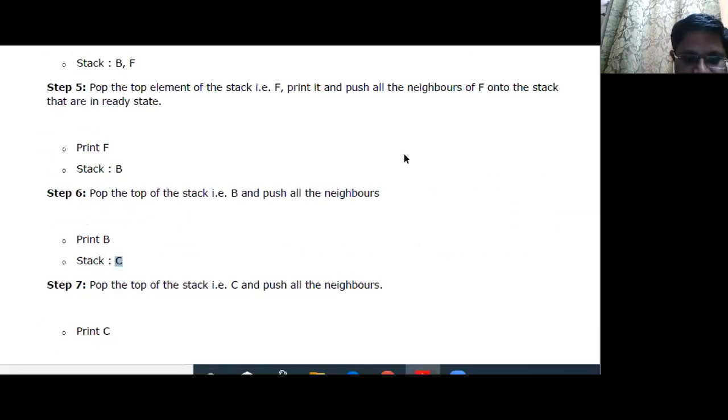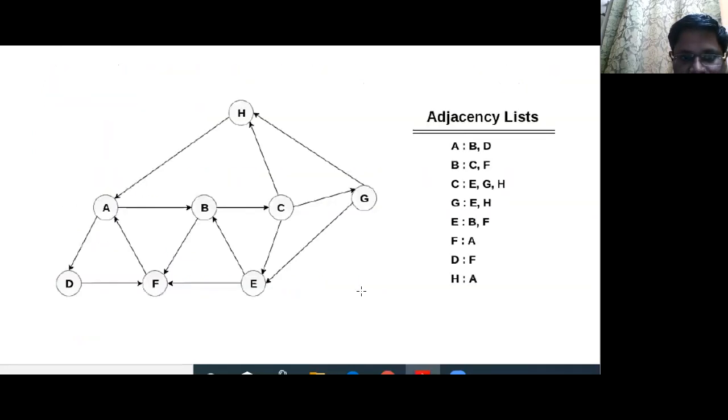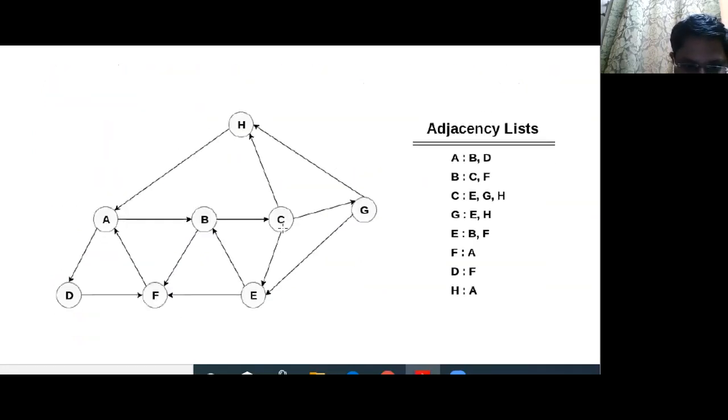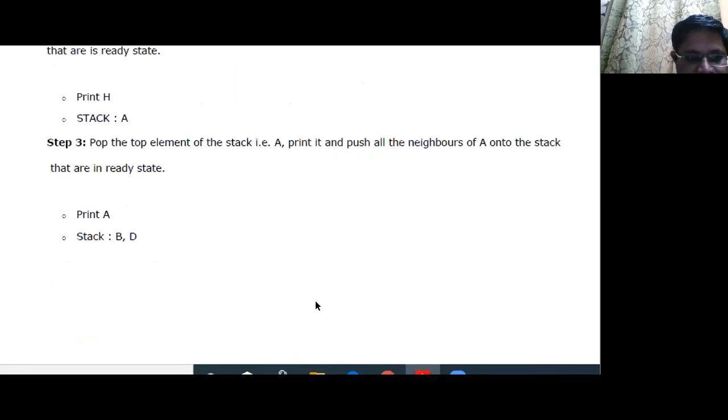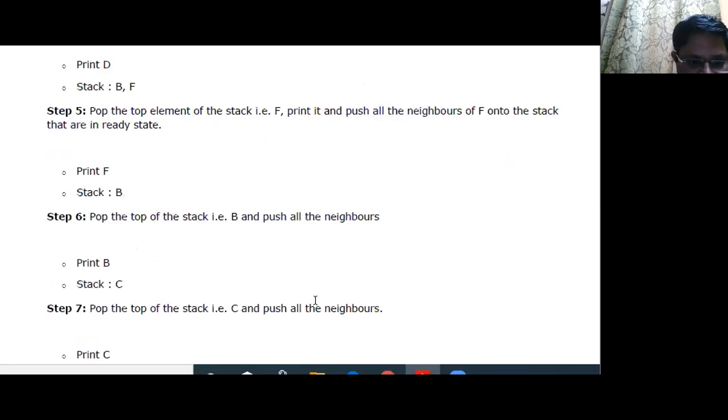So the next step is to delete the top element, that is C, and insert all the neighbors into this stack. So after deleting C, we have to print the value and insert all the neighbors of C. So the neighbors of C are H, G, and E. So there are three neighbors, H, G, and E. Out of these three neighbors, we have inserted already